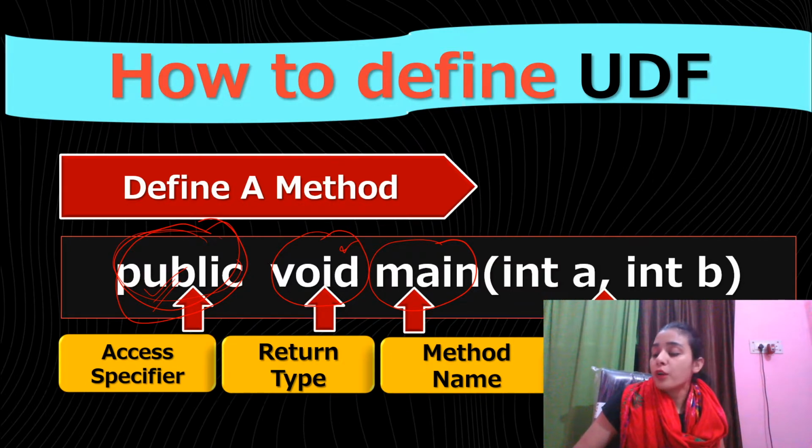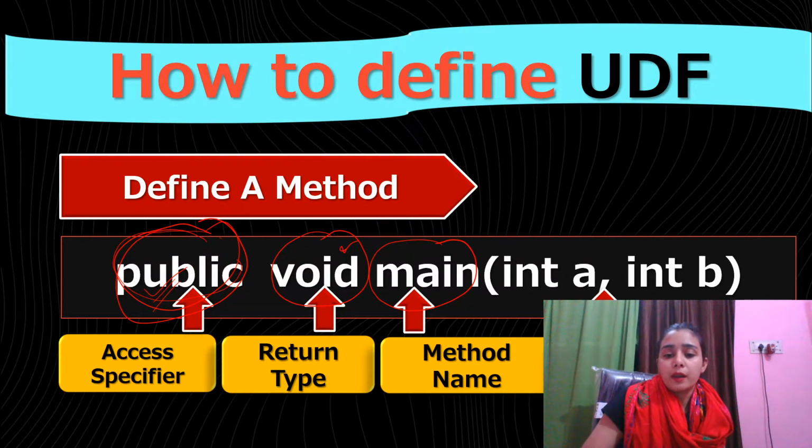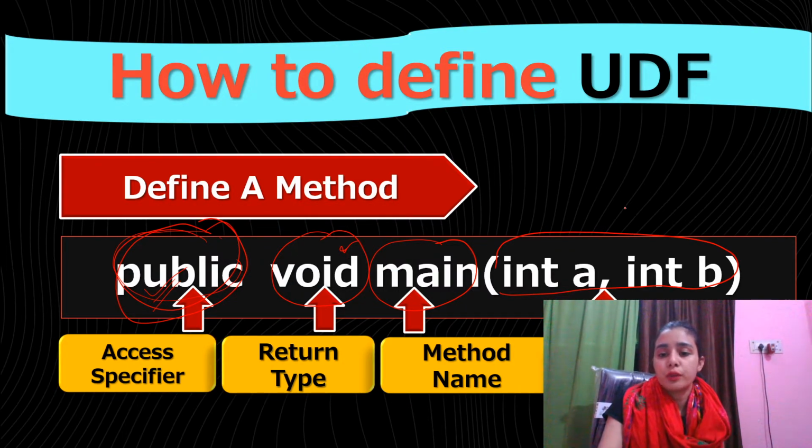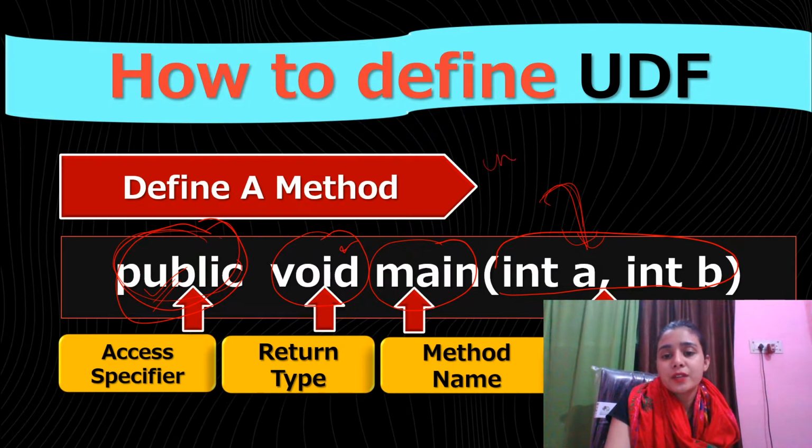Instead of that I can give any name. Okay, it's just a name. Then I have given integer a, integer b. I think because of my photo you will be unable to see what I have written there, but I'm just telling you what I have written. It is integer a, right, and integer b.